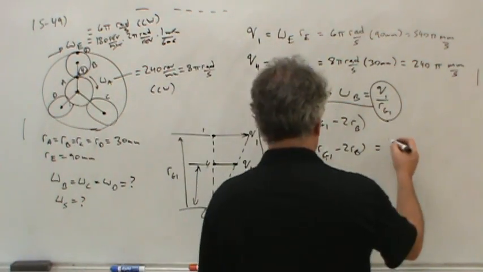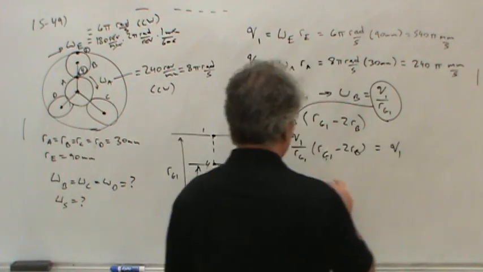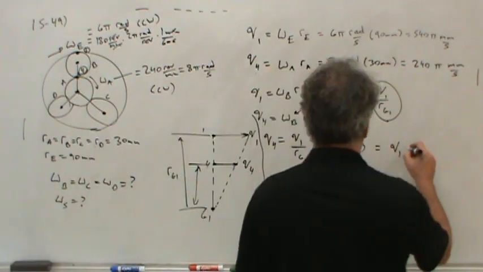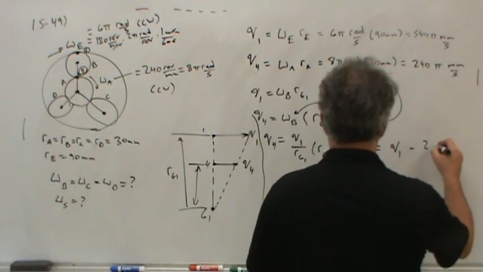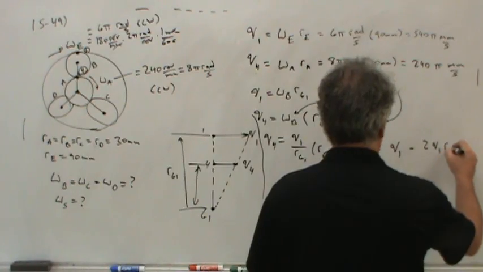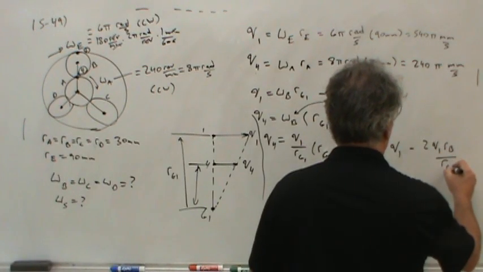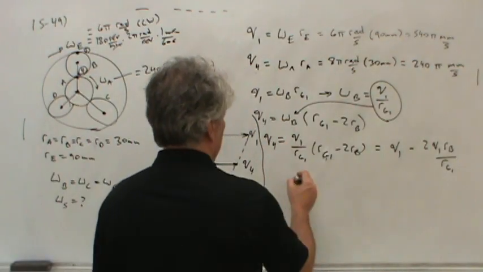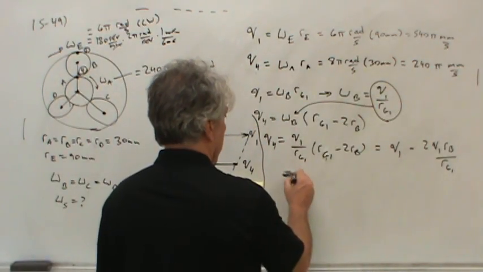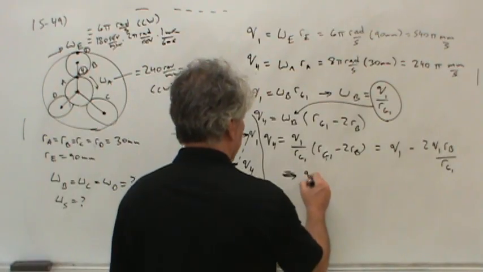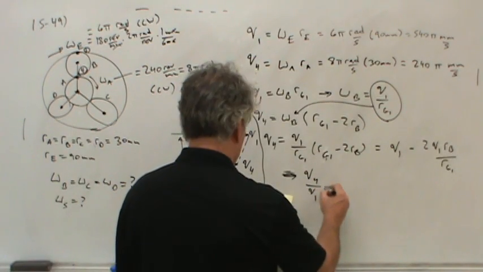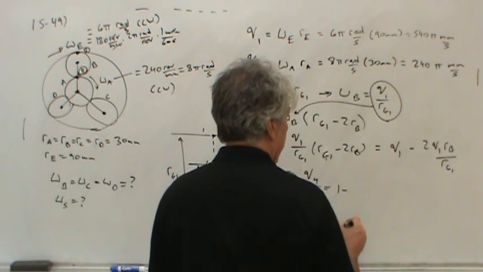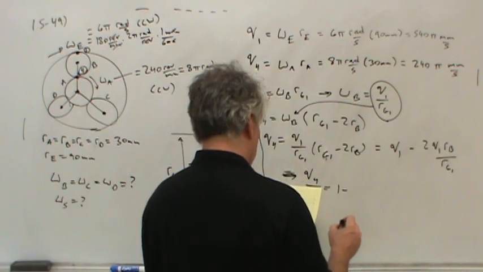And we could write this as V1, notice the RG1s would cancel in the first term, minus 2V1 RB over RG1. Now, further, we could say then that V4 over V1 is 1 minus, you know what, I've made a mistake